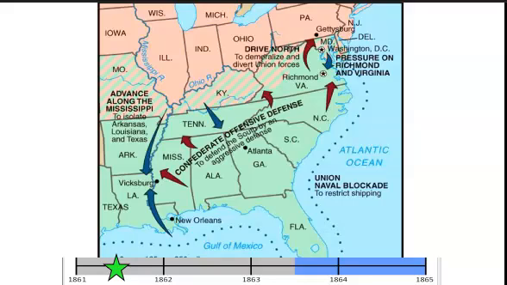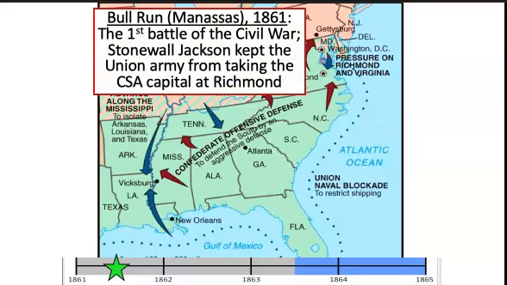And the first major battle of the war is the Battle of Bull Run. It's also known as the Battle of Manassas and happens in early 1861. This is the first major battle of the war. Now, don't get this confused with the first shots of the war, which are fired at Fort Sumter. This is the first major battle. And the hero of this battle is